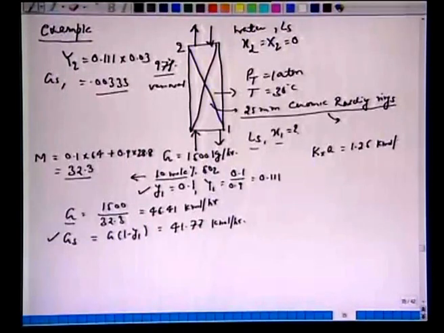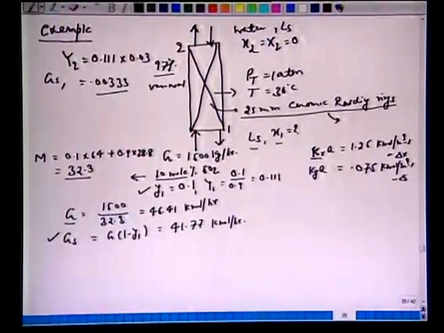kilomole per cubic meter per second per del x. So, notice this Kx, individual mass transfer coefficient based on the liquid film, Kxa is 1.25 kilomoles per cubic meter per second per del x. So, check it is consistent with the definitions of mass transfer coefficients units, and Ky is given as 0.075, this for the liquid phase, this for the gas phase, kilomole per cubic meter per second per del y.